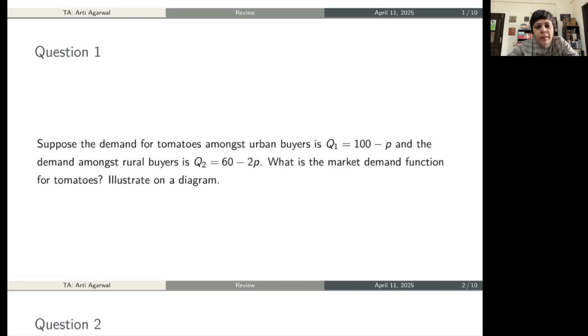Question number 8 is asking, at any price the market demand curve is what? At most as steep as the steepest individual demand curve, at least as flat as the flattest individual demand curve, is the sum of all the individual demand curves, or all of the above. Is that the question you're asking? Yes, madam, that's the question.